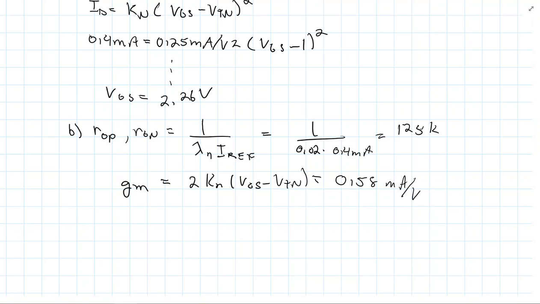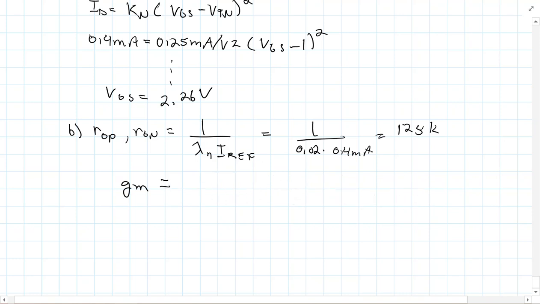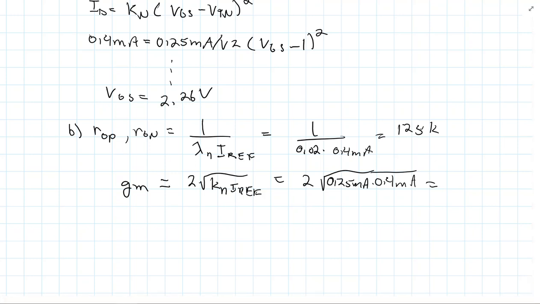And let me double check that computation here. I don't think that's right. Let me go back to the other equation that I'm used to using here, where GM is equal to 2 square root of Kn Iref, which would be 2 square root of 0.25 milliamps times 0.4 milliamps. And if we do that, what do we get here? 0.25 times 0.4, square root of that times 2, we get 0.632